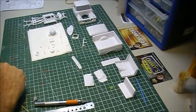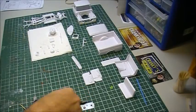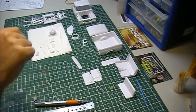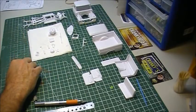So just building this right now and throwing around some ideas for the top 10 list. There's a lot of great builds this month in there, so I was watching all those this morning, and haven't got a whole lot of time down here at the bench, but